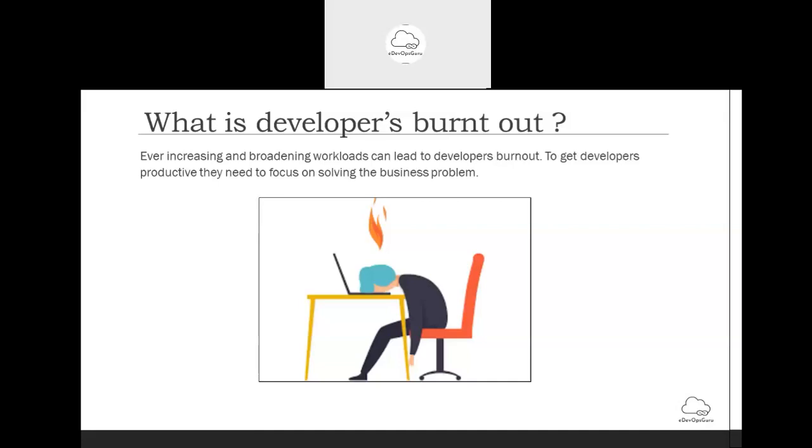So the extra work attached to those 20 lines or 200 lines of code can get developers into a burnout state where he's stressed, and he's not able to focus on solving his business problem.